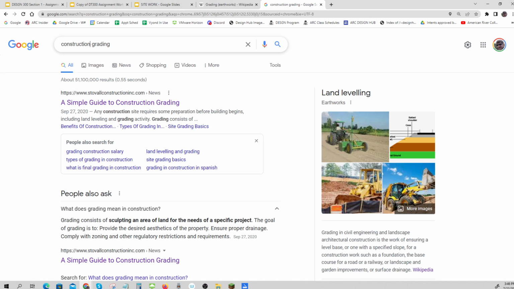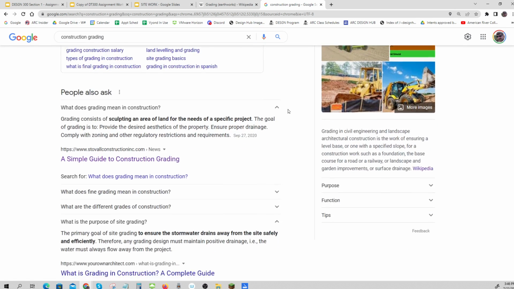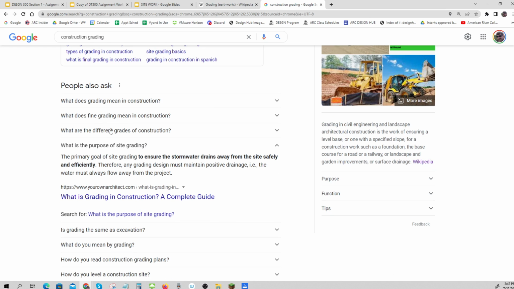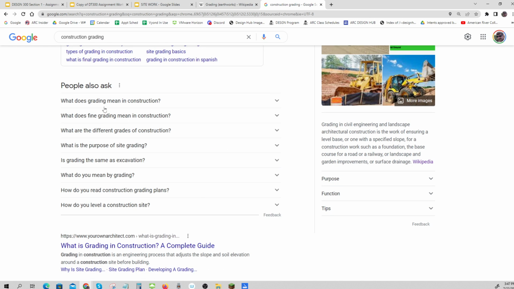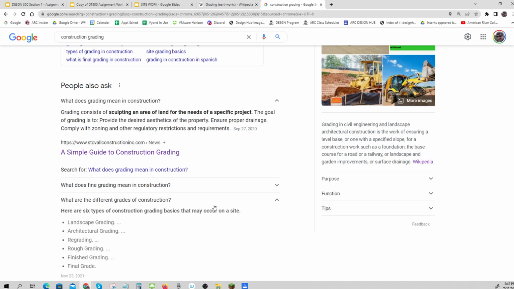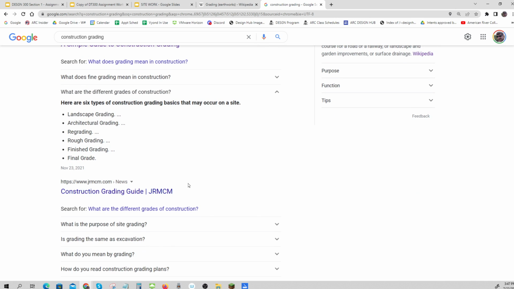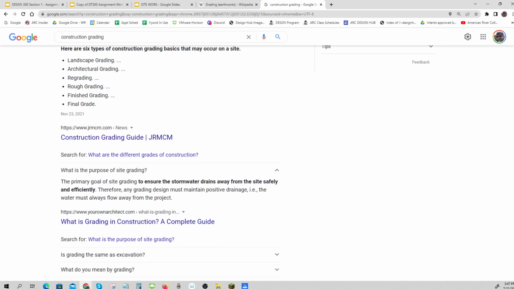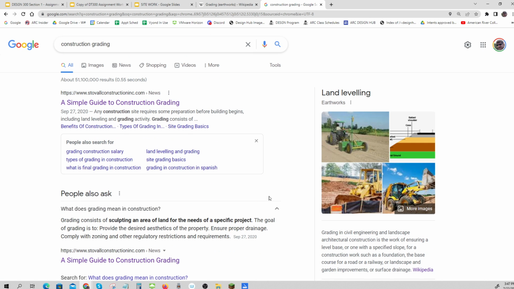Be sure that you're talking about construction when you type in your keyword. So this comes up, simple guide to construction. Then it always gives you these things. What does grading mean in construction? That might be good. And there it is from that one. What are different grades? What is the purpose of grading? And so you can go through here to do your